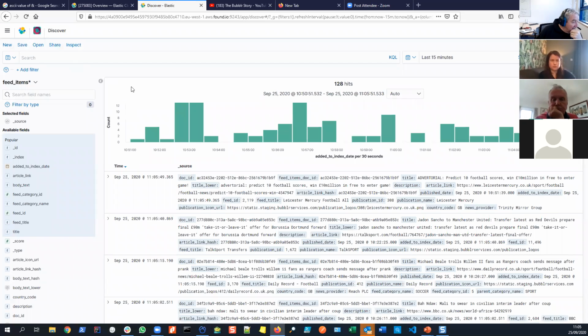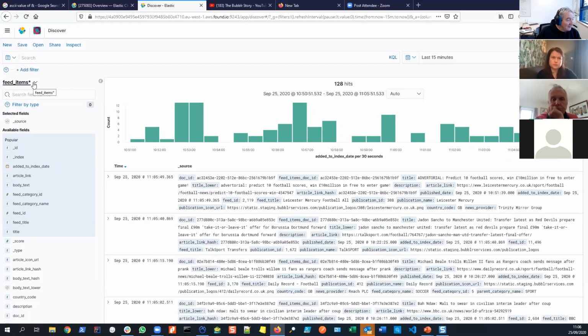So I'm in the staging website. In the last 15 minutes we've had 128 new feed items added. Showing you that, this is the feed items index.